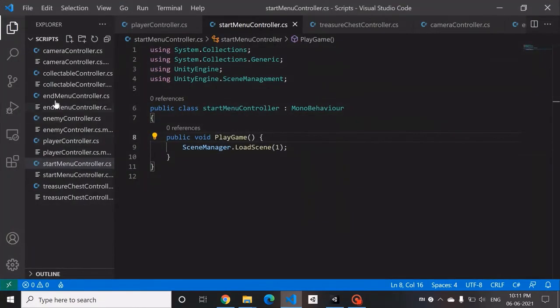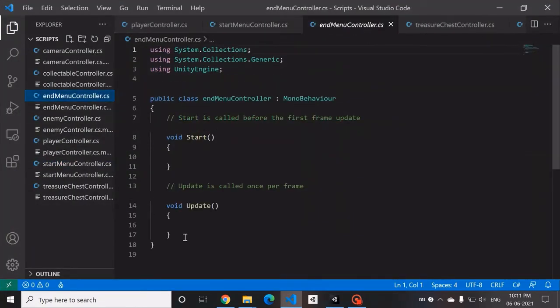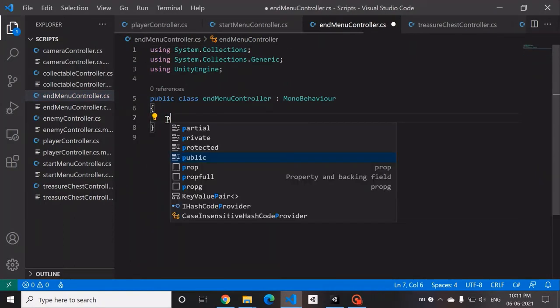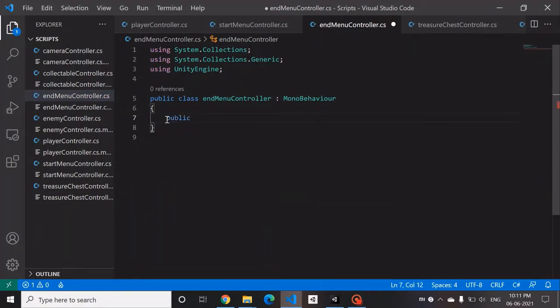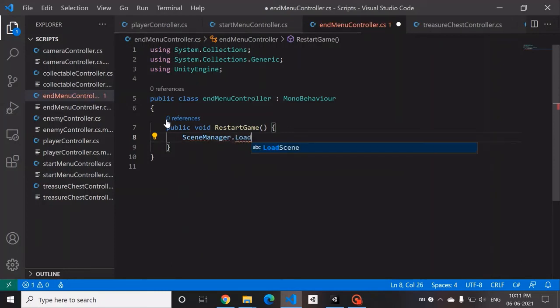Let's go back to VS Code, end menu controller.cs. Delete all this because we don't require it. So public void restart game, and what this should do is it should go back to level 1, which means a scene manager dot load scene. We specify the index to be 1.